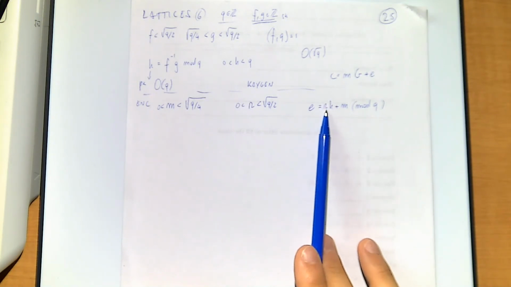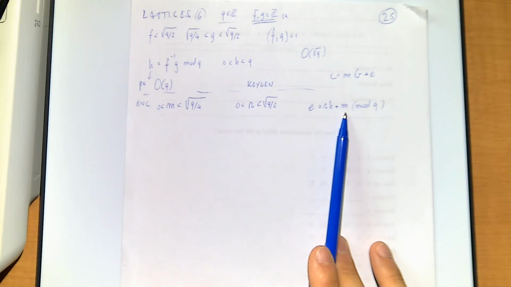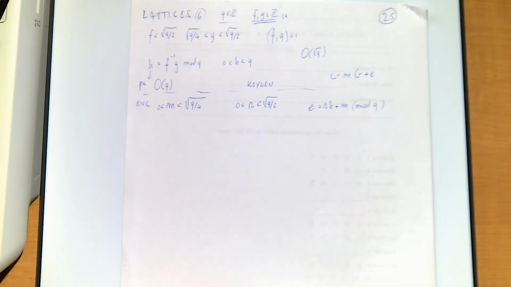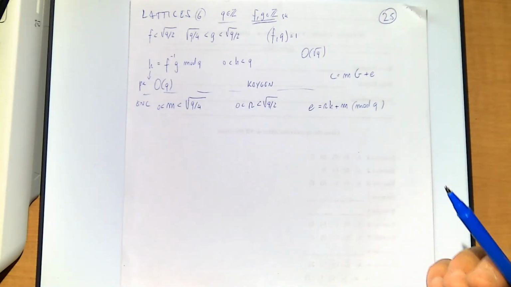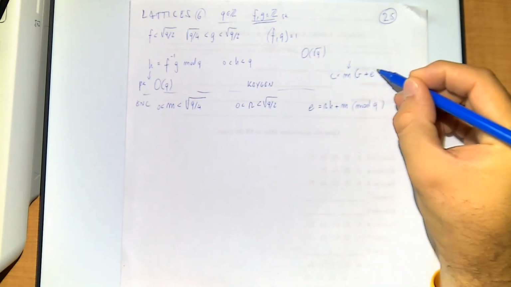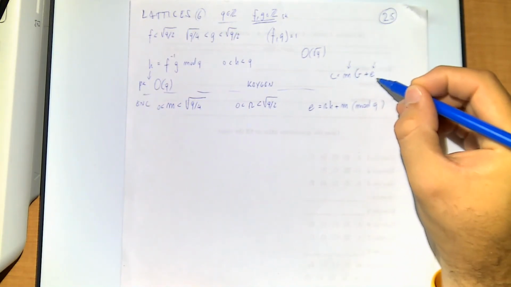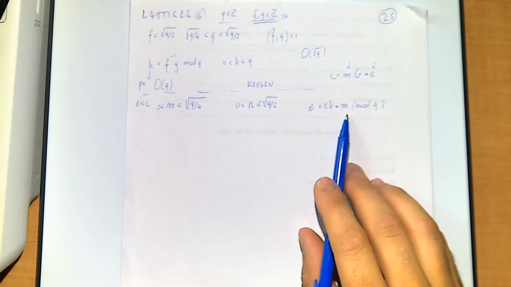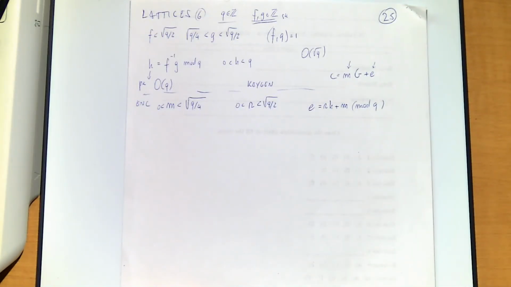I'm just creating an integer and then adding another integer, and both these integers are small. They're small in the normal sense of the absolute value, or modulo anyway. Cool. So this is kind of cool. And then there's another difference: here our message goes in here, and then we add some noise. Whereas here we're doing the opposite, because we put our message in the noise, and